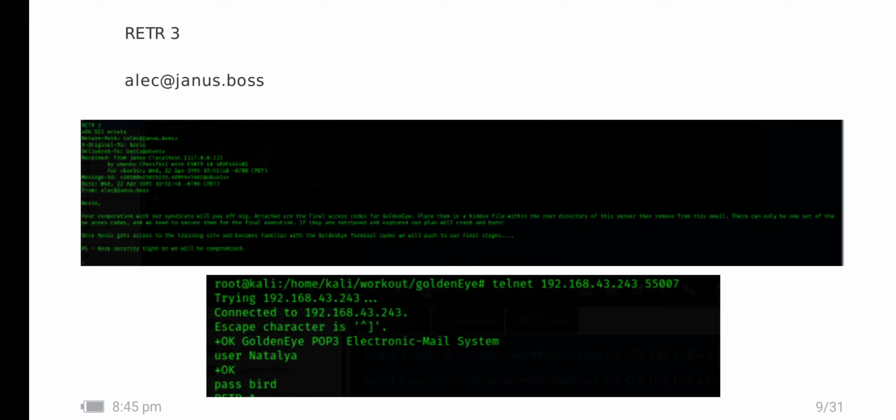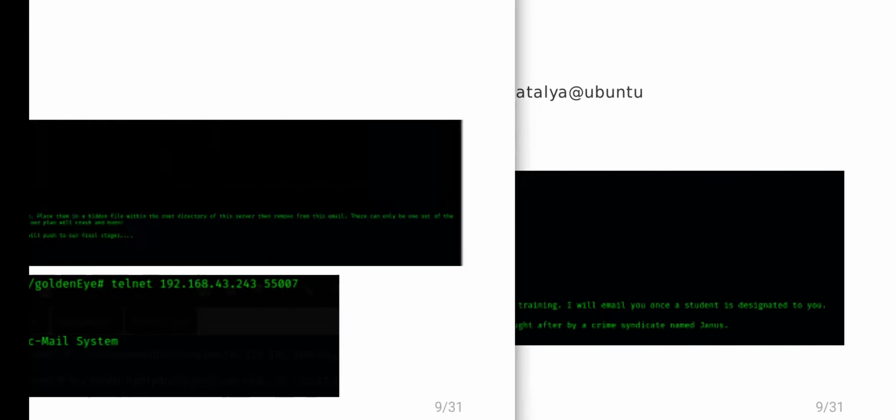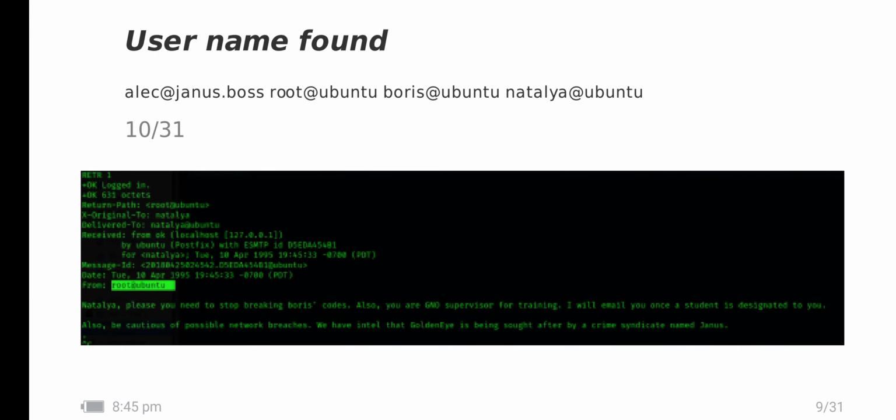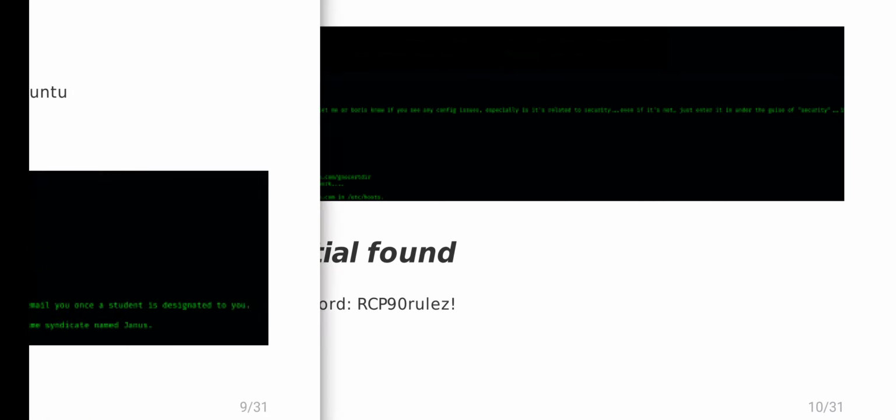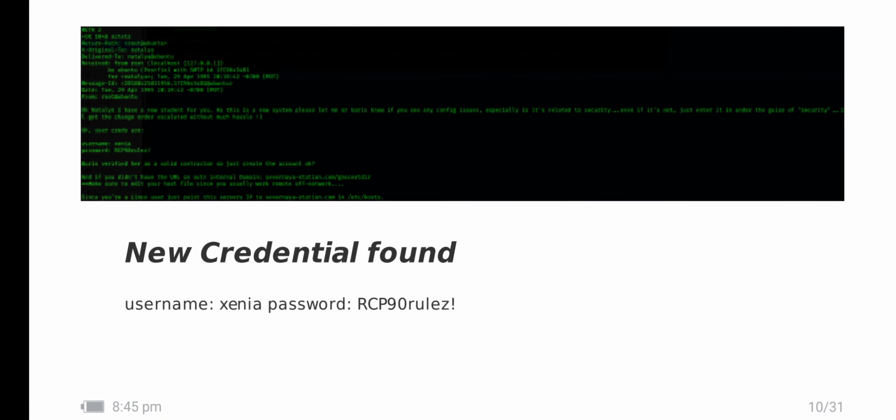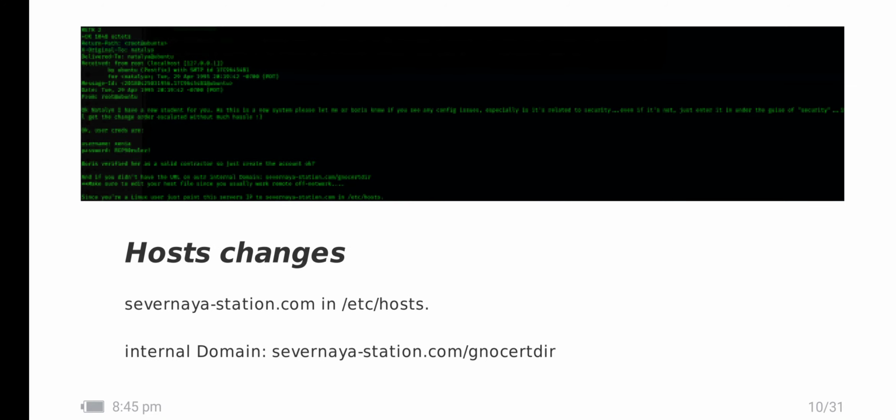I also found out some of the users, like alec at janus dot boss. I logged into the user Natalya and found some interesting emails. I also found a new credential for the username xenia, and the password is RCP90rulez. Inside the message it shows